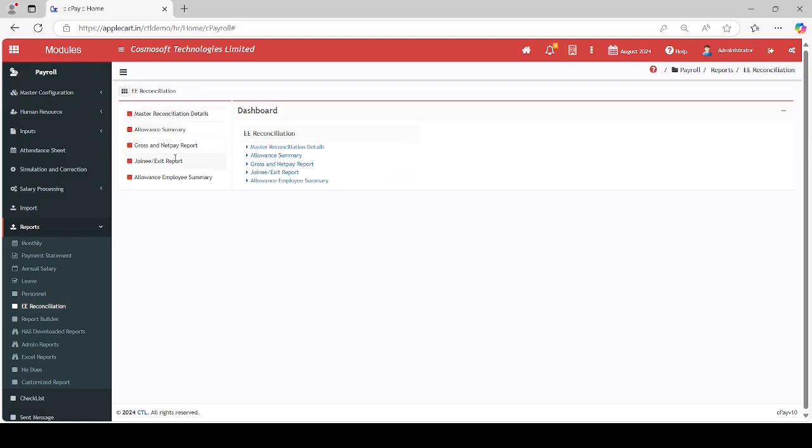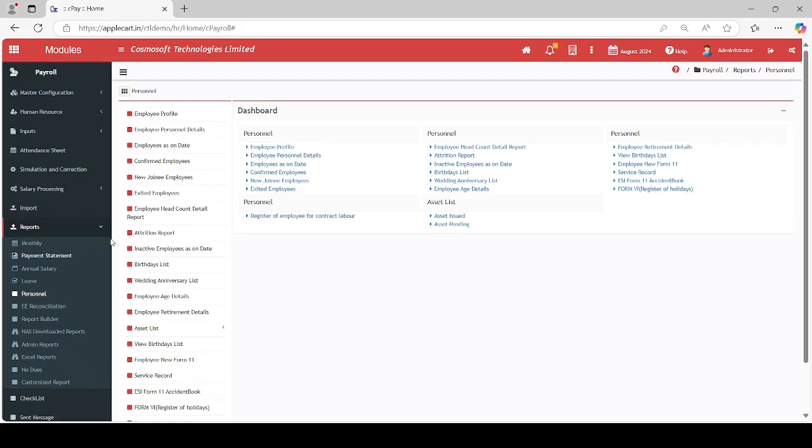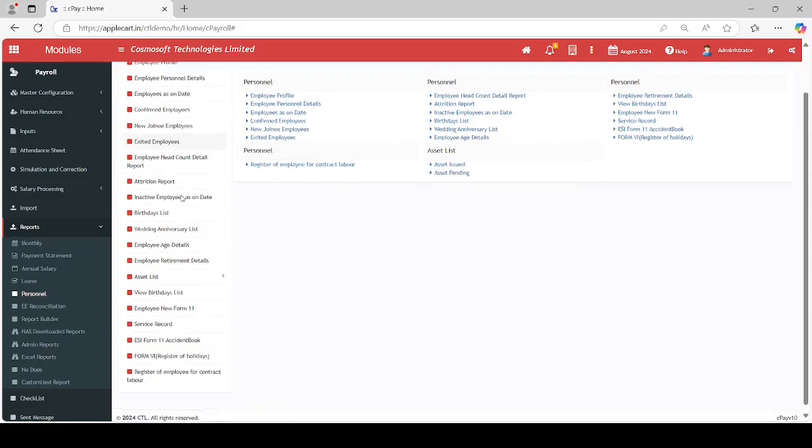Various reconciliation reports are available, such as the Master Reconciliation Details, Allowance Summary, Gross and Net Pay Report, Joinee/Exit Report, and Allowance Employee Summary. Additionally, several personal reports are provided, including Employee Profile, Employee Personnel Details, Employees as on date, Confirmed Employees, New Joinee Employees, Exited Employees, Employee Headcount Detail Report, Attrition Report, Inactive Employees as on date, Birthdays List, Wedding Anniversary List,